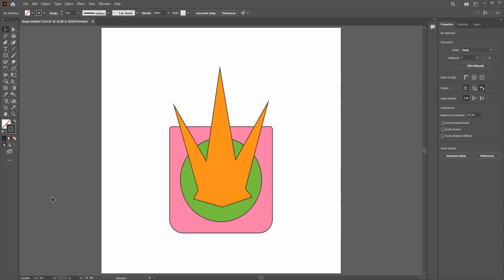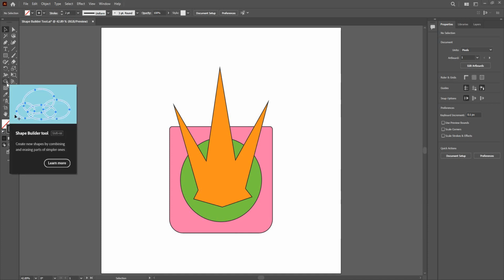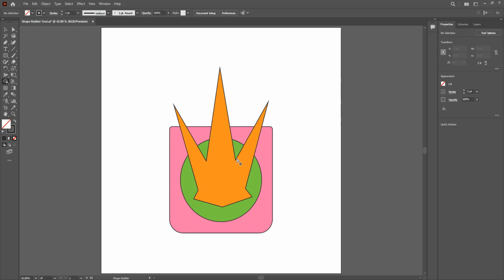Let's take a look at the Shape Builder tool. You can access the Shape Builder tool from the Tools menu from here. You can use the shortcut Shift M. Here we have the Shape Builder tool on, but it is not showing anything right now because we need to